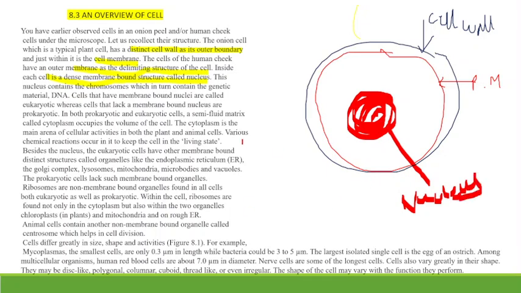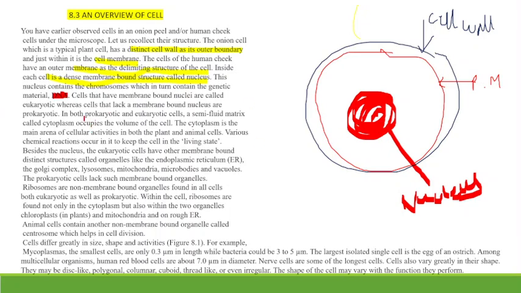So this is a nucleus, and this nucleus contains the chromosomes, which in turn contain the genetic material like DNA. And cells that have membrane-bound nuclei are called eukaryotic, whereas cells that lack a membrane-bound nucleus are prokaryotic,